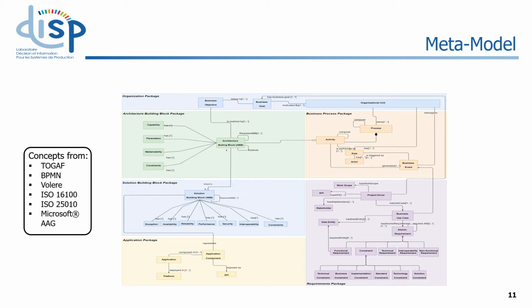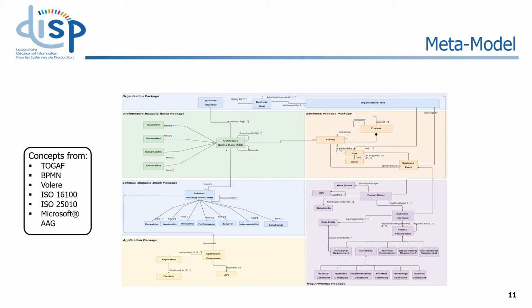For this, we have first proposed a meta model that the qualification process, the organization of the different artifacts, and also the exploitation process will be based on. We take several concepts from enterprise architecture, which is the TOGAF framework, from business process model notation, from the volere specification for the requirements engineering part, regarding the software quality from ISO 25010, and also from the Microsoft Application Architecture Guide. And we have produced this meta model that is composed of